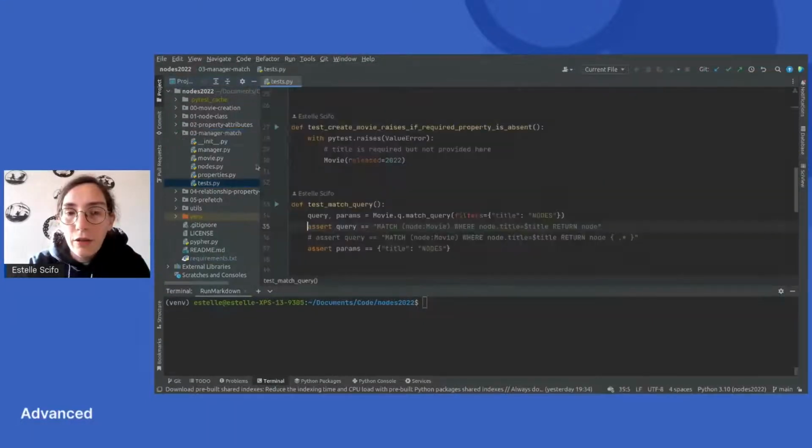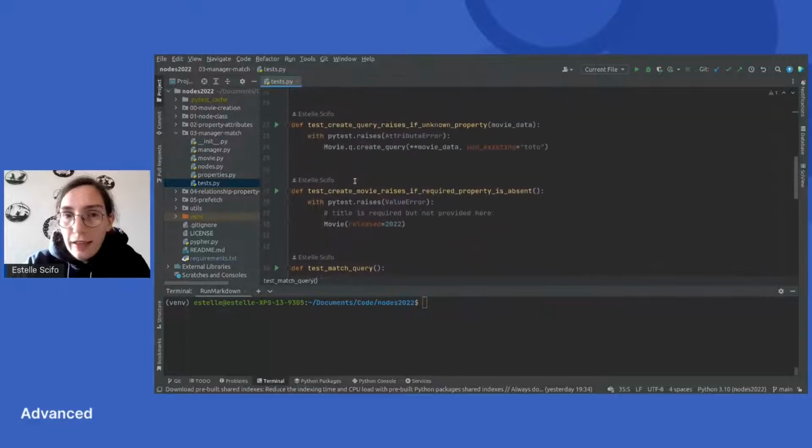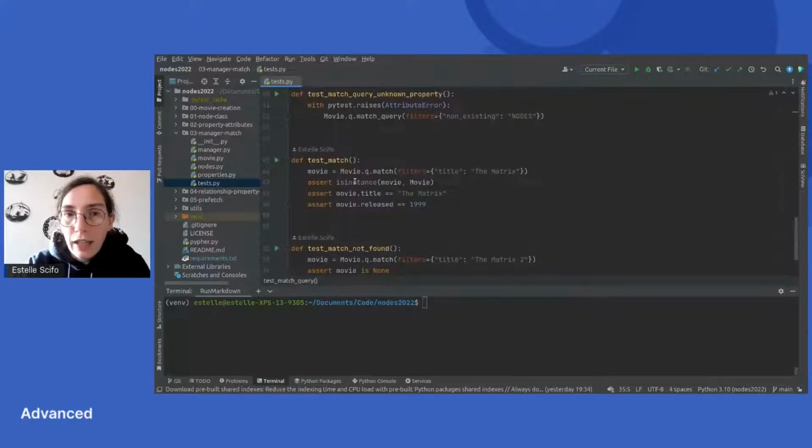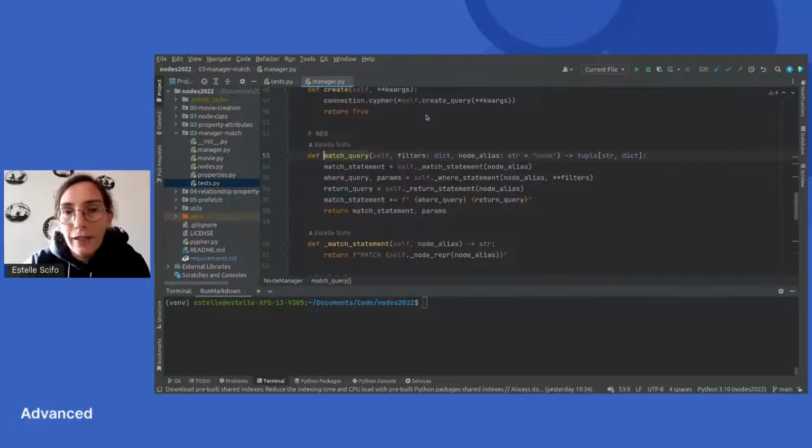So let's go ahead. Now we are able to build the create statement, and let's see how we can actually do the same for the match statement. Here I have the exact same test as before, and I'm just adding some tests to build this match query. This is very similar to what we have done before.